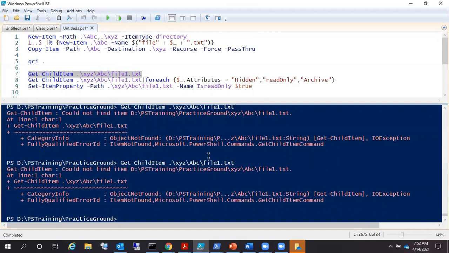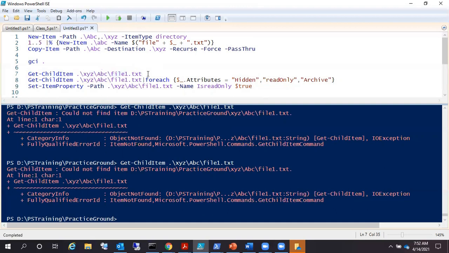Any idea why it is not able to find the file, when till seconds before this file was there? Any idea? Lakshmi, yes, because now this file is in hidden state. That's why it's unable to fetch it.